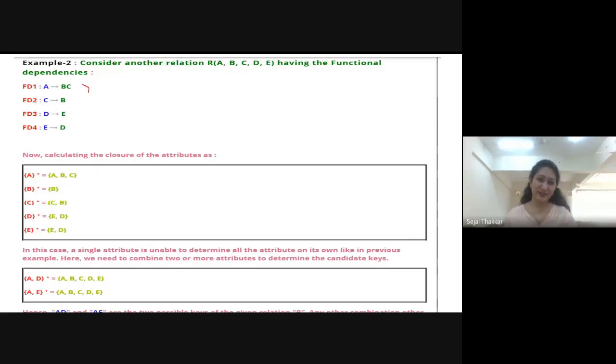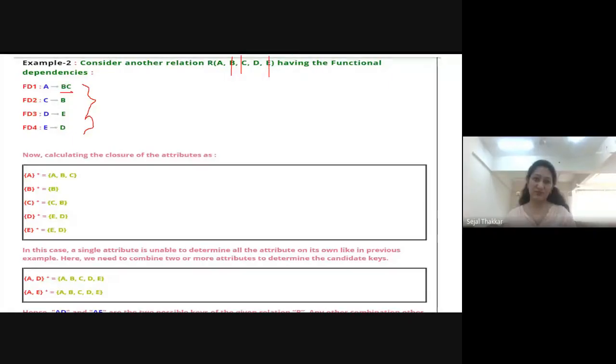I'm telling you the shortcut, which is sometimes asked in the GATE exam and other exams. The first shortcut is to find which attributes are missing from the right hand side of the relation. B and C are there on the right hand side, so they are already there and cut down. E, cut down E. B, cut down B.